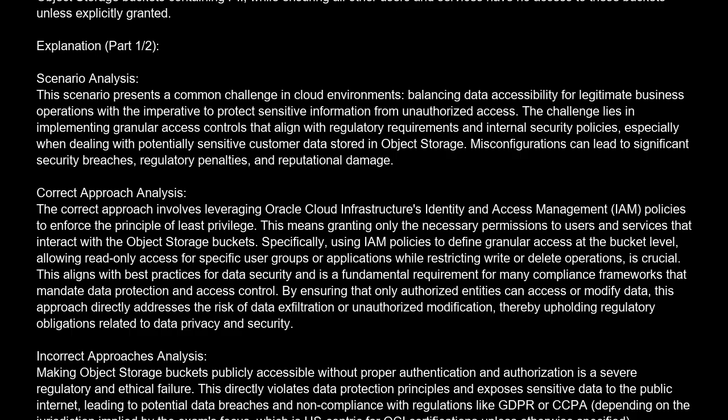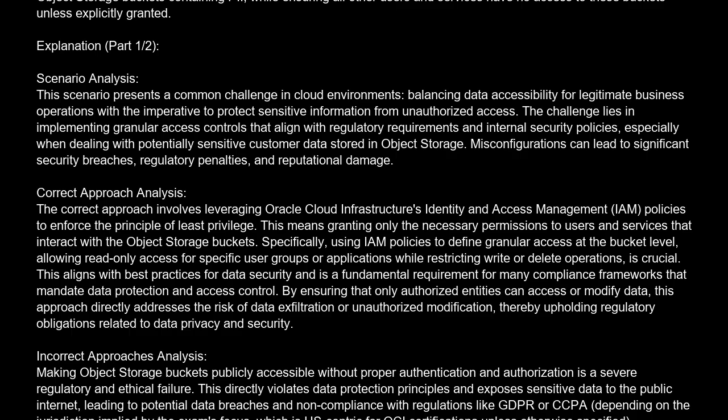The challenge lies in implementing granular access controls that align with regulatory requirements and internal security policies, especially when dealing with potentially sensitive customer data stored in object storage. Misconfigurations can lead to significant security breaches, regulatory penalties, and reputational damage. Correct approach analysis. The correct approach involves leveraging Oracle Cloud Infrastructure's identity and access management (IAM) policies to enforce the principle of least privilege. This means granting only the necessary permissions to users and services that interact with the object